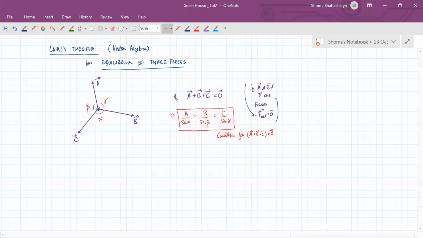It's only for 3, it's for the sum of 3 vectors. As a vector algebra theorem, it is the sum of 3 vectors equals to 0 condition. You can't apply this to more than 3 vectors or less than 2 vectors. This is a particular theorem for 3 vectors. So we will discuss the proof of this also. It's very simple. It comes from trigonometry. It's similar to sine rule in a triangle. I'm not sure if you've done sine and cosine rule in triangles yet. But if you have done, then you'll be familiar with a similar kind of statement in trigonometry also.